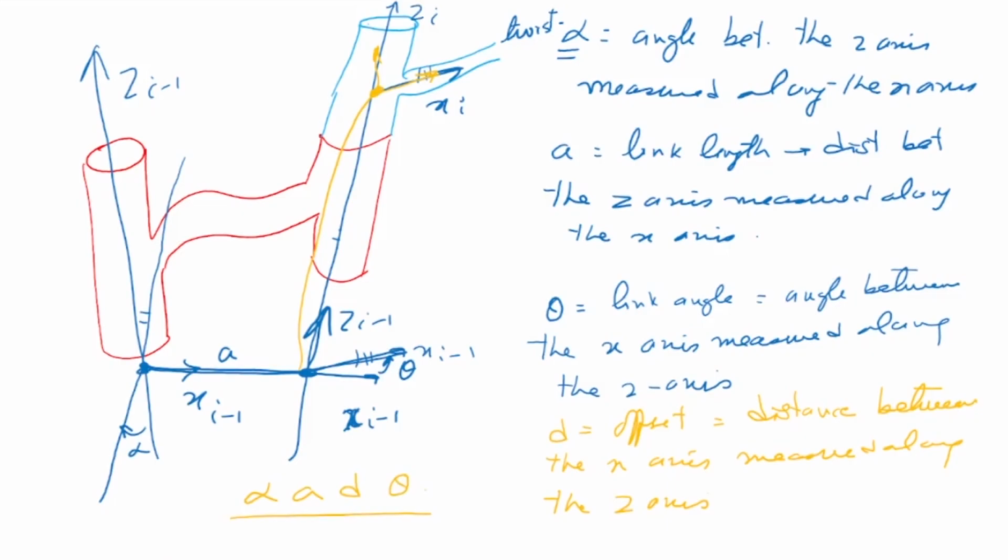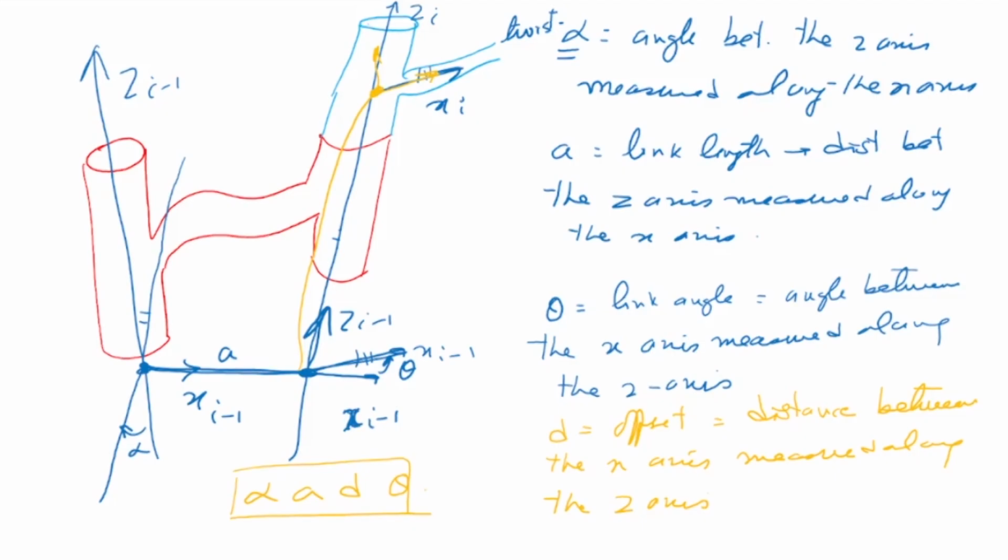Now let's look at an example. But what is the point of doing it this way? The point is that if you assign axes this way, you have only 4 parameters which relate any frame in 3-dimensional space to any other frame in 3-dimensional space. Otherwise you need 6, because a freely floating body in space can have 6 degrees of freedom, 3 translations, 3 rotations. So it would appear that you need 3 rotations and 3 translations, 6 transformations. But if you do it systematically using the DH method, then basically you need only 4 transformations. That is the advantage of doing this.